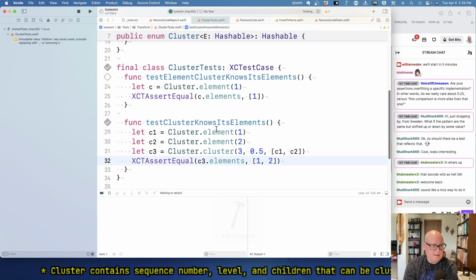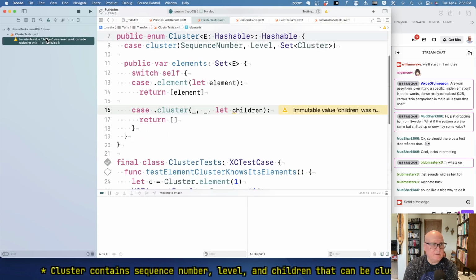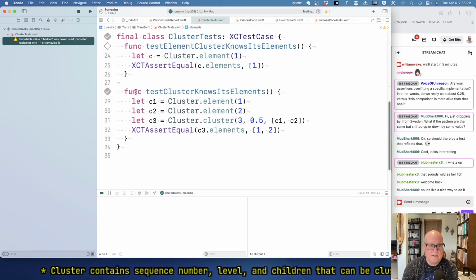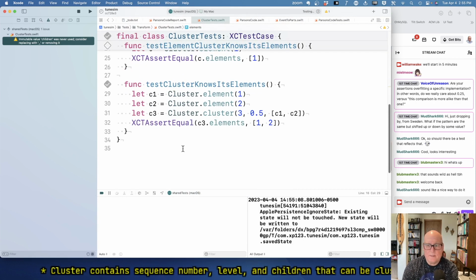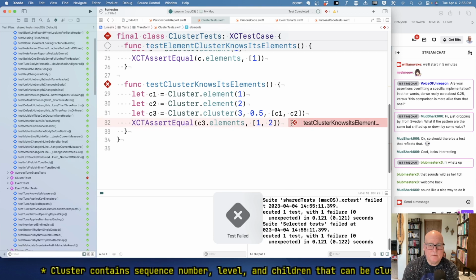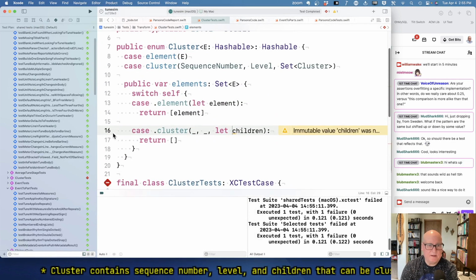Oh, I think maybe because I named it the same as that. Right, because it doesn't know its children, as a matter of fact. Okay. Return. Okay, children is a set of clusters, so we have to,